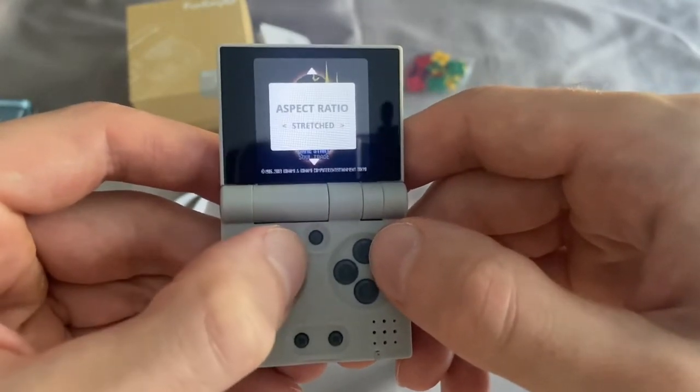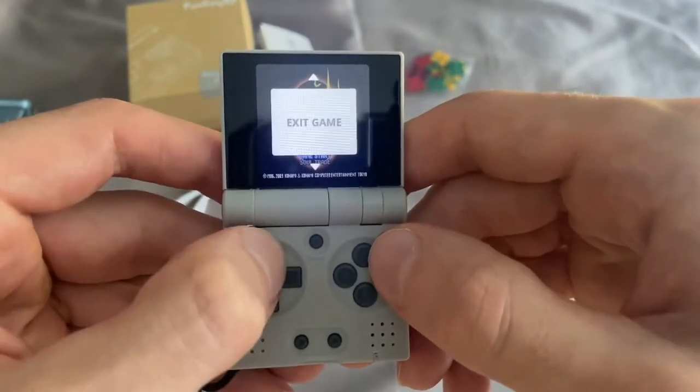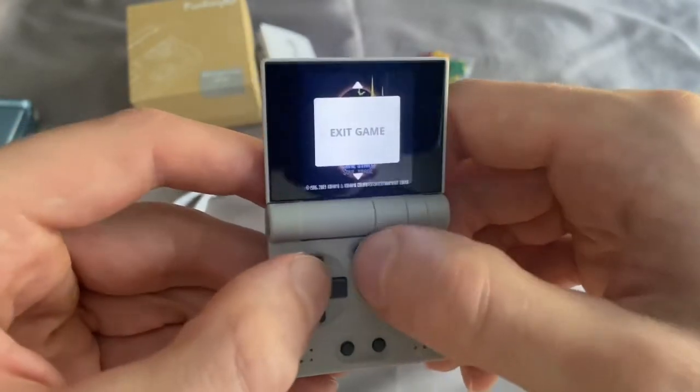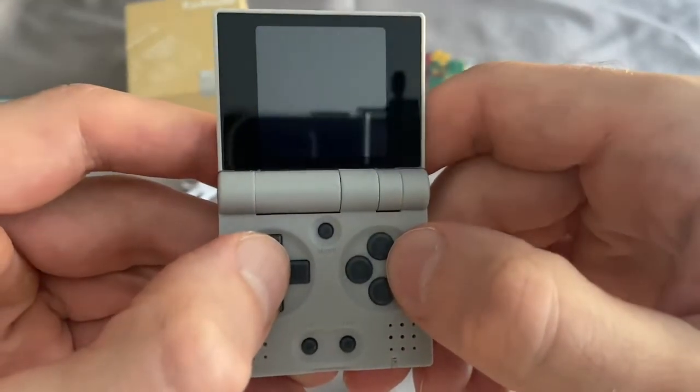There are different aspect ratios depending on the system that you're playing. I guess I'll just play stretch. I'm not going to exit. Okay, so here's Castlevania. Yeah, that is stretched. That kind of looks a little bad, but